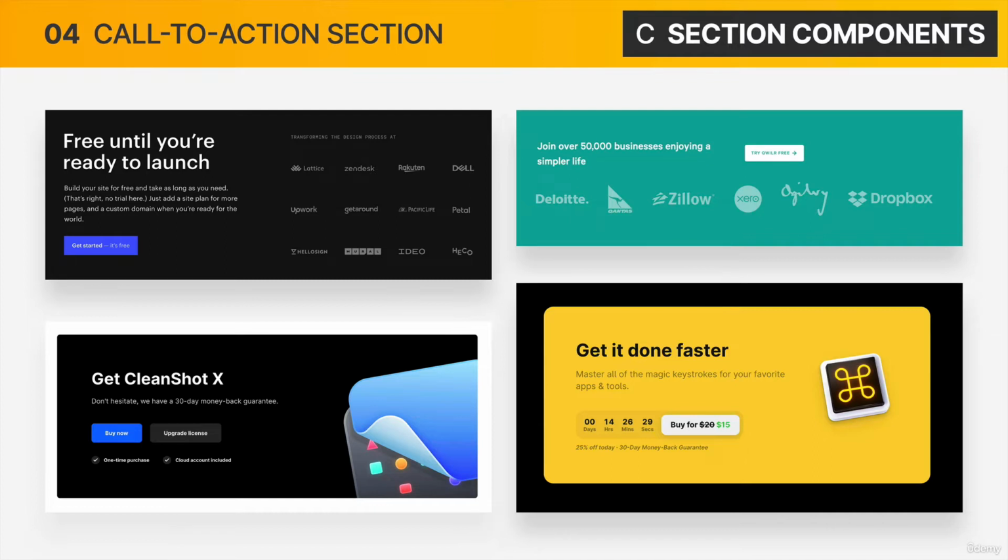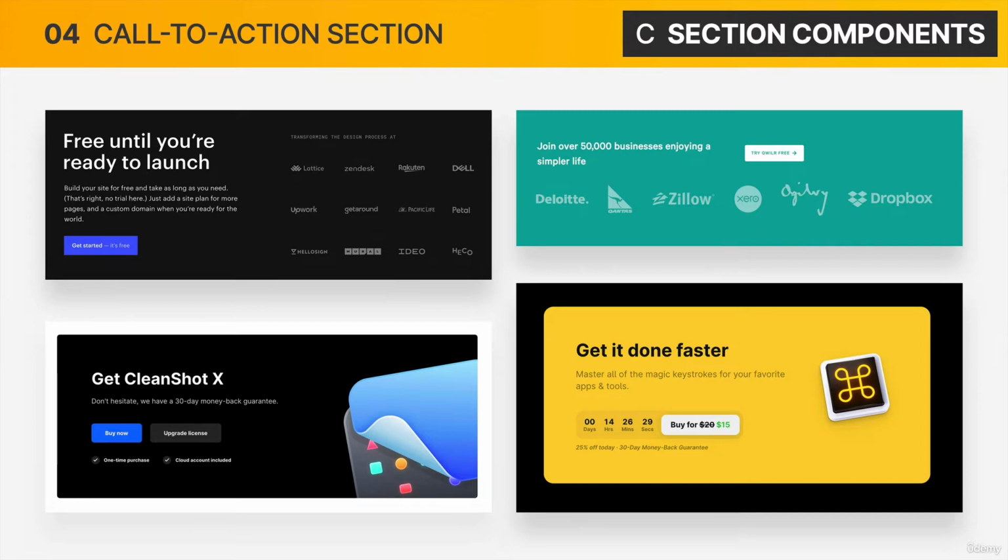So the 2 examples at the top use some customer logos to show again that their product is actually used, and so that adds a lot of social proof. And then the two examples at the bottom, they simply reinforce some of the most important product features, like saying that it is just a one-time purchase, or reassuring the user that there is a 30-day money-back guarantee. So again, these can be very important to push the user over the edge in order to basically have them